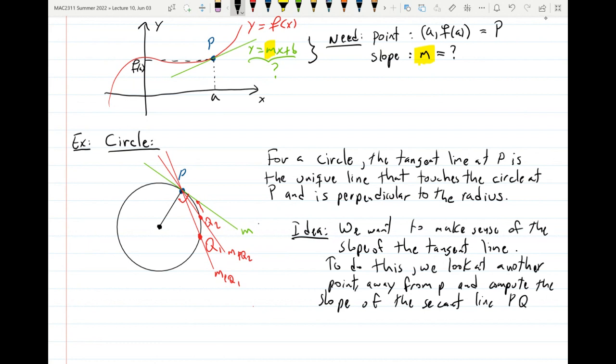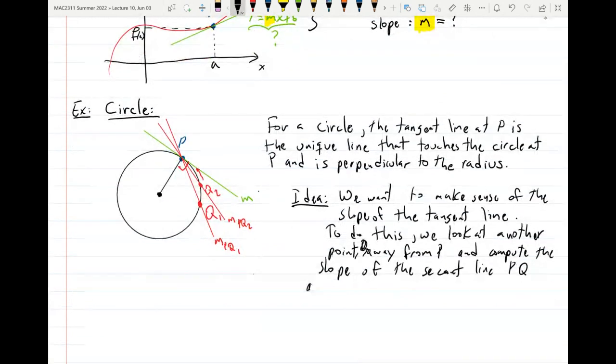So another point is called Q, which is away from P. Okay, and then compute the slope of the secant line PQ, because now we have 2 points, so we can find this slope, and then